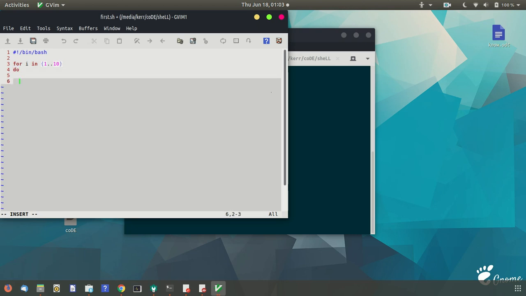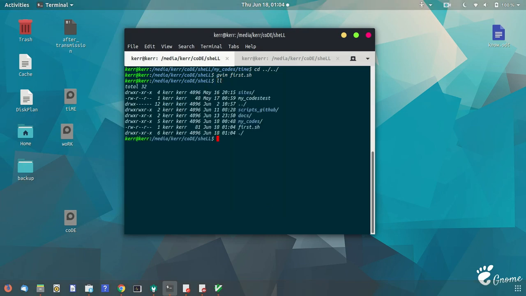Now you're going to print the value of i, and now you want to sleep for 1 second, and then you're going to end. Okay, it's a small script. It will show you the working of the time command.